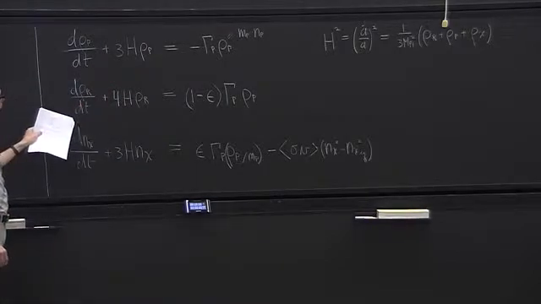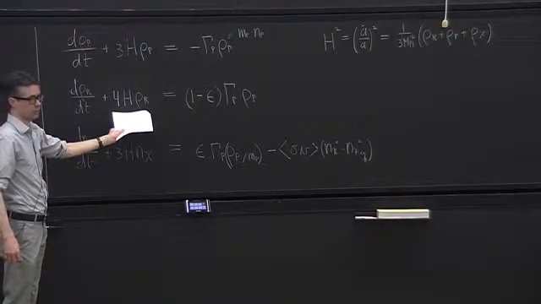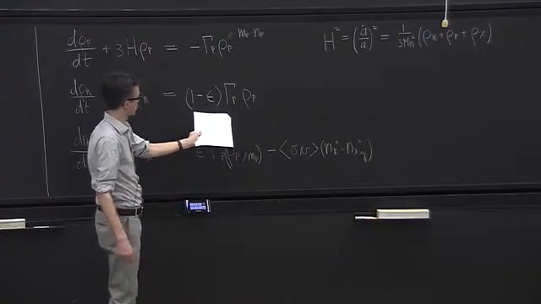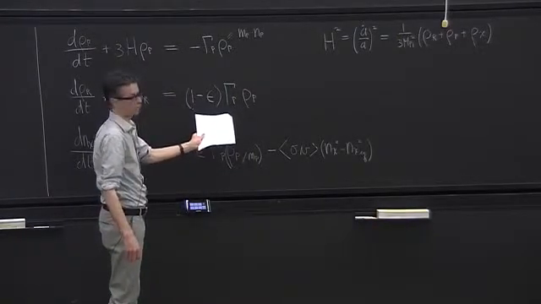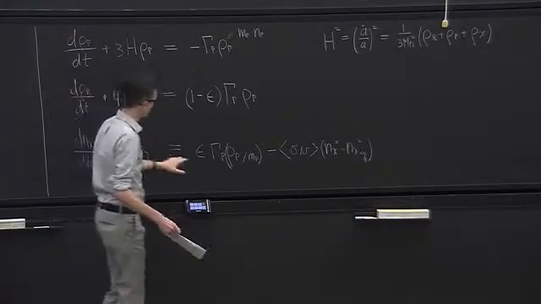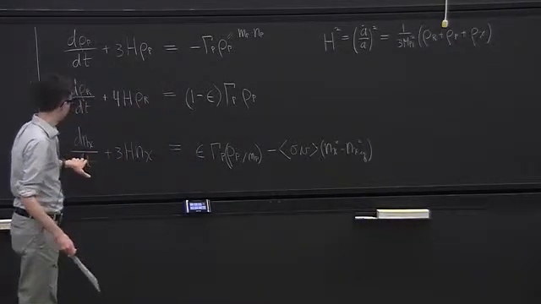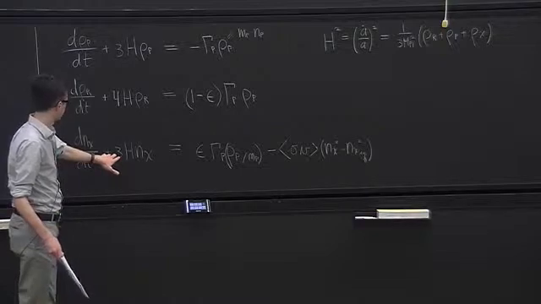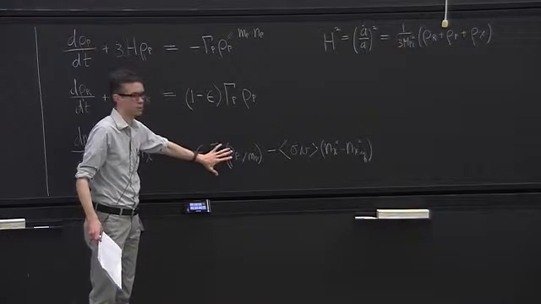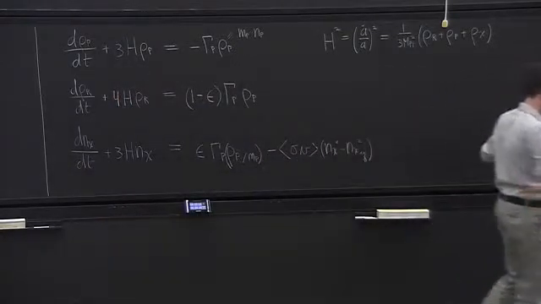The radiation term is similar. Here, the radiation redshifts like radiation usually does. I have a 4 here. But I also produce radiation from P decays. So this source term tells me that the P decays produce radiation at this rate. And finally, if some fraction epsilon of the P decays goes to dark matter, I have a factor of epsilon here. I have my number density in dark matter here. And some fraction of the P's go to dark matter, so this sources the dark matter particles. But this term over here tells me that I can also have dark matter equilibration